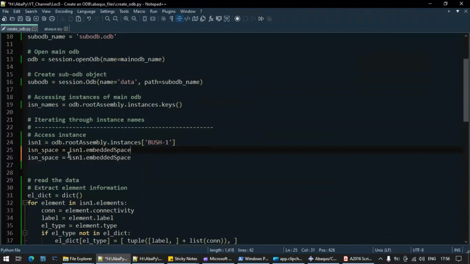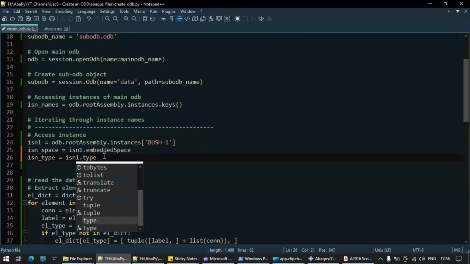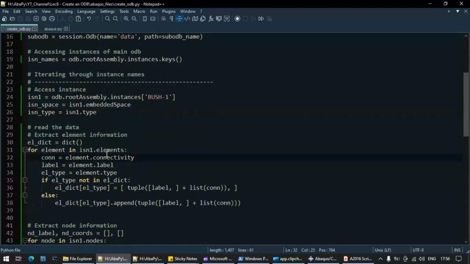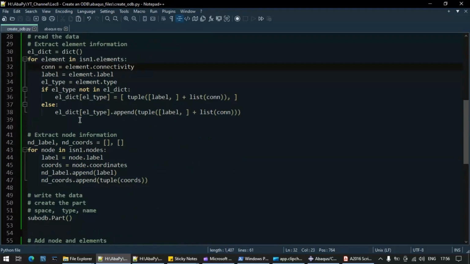So this is how we will extract the space dimensionality. Then we need to write type, right? So again we will extract this from the instance type. Okay, so we require space, type, and name.